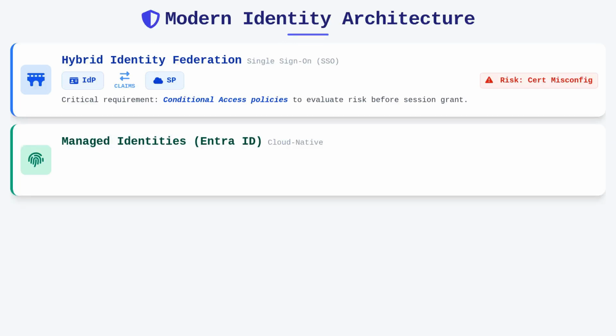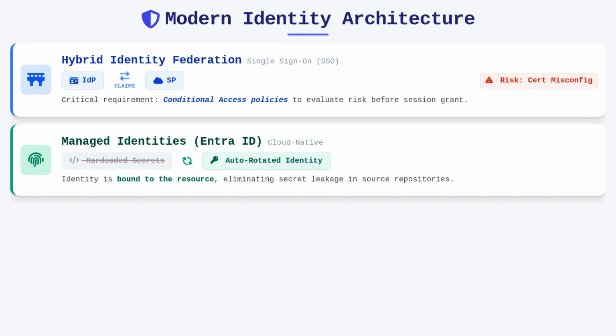For cloud-native workloads, we no longer need to provision static service account credentials, which are often hard-coded and prone to leakage in source code repositories. Instead, we use managed identities, which provide an automatically rotated identity in Entra ID that services can use to authenticate to other cloud resources without the developer ever managing a secret. The system handles the entire lifecycle, ensuring that the identity is bound to the resource itself rather than a human